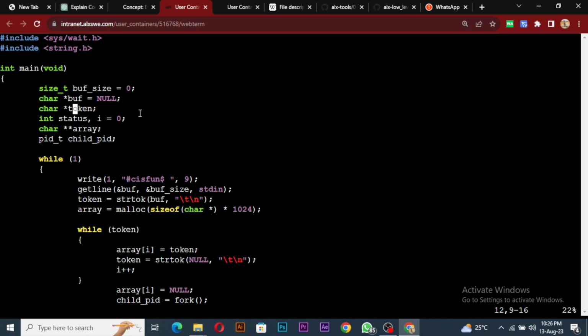So the thing is, we have write, which will write to the output. We have getline, which will get the output, and we've set it. They are both pointers. This one is a pointer, and this one is a normal value, but we're passing the address for both. Okay, so we have the token, which will collect whatever this guy splits, and we just set